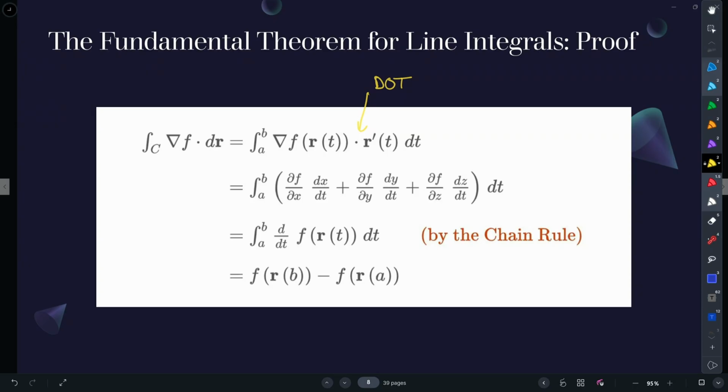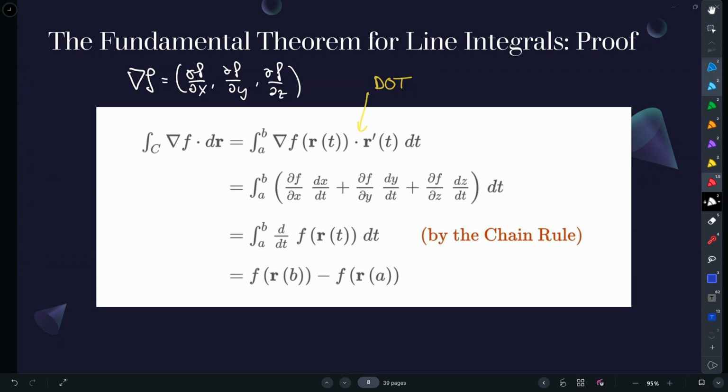But what is this? The gradient is the partial derivative with respect to x, partial derivative with respect to y, partial derivative with respect to z,